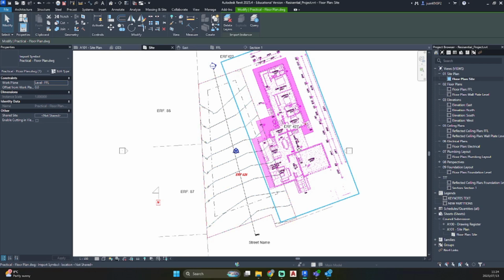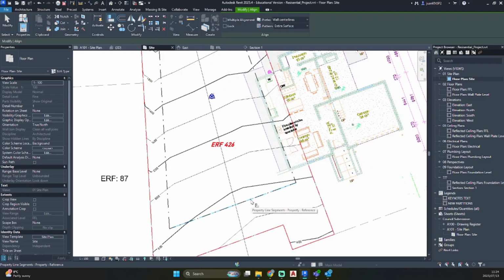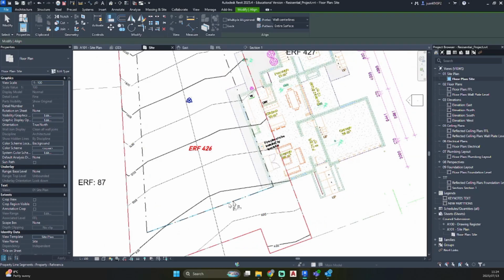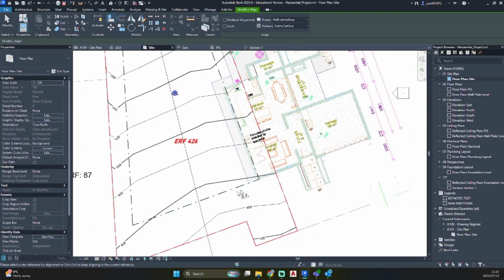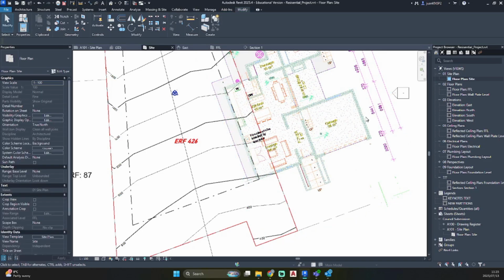So what we're going to do now is press AL for align. I'm going to click on the building line that we have created and align it with the front wall. So that has now been set in place. If you want to lock the drawing file on that axis, you can just go ahead and click on the building line again and click on the wall. There should be a pop-up of a pinned element. But for now, we're going to align our side of our garage to the property line.